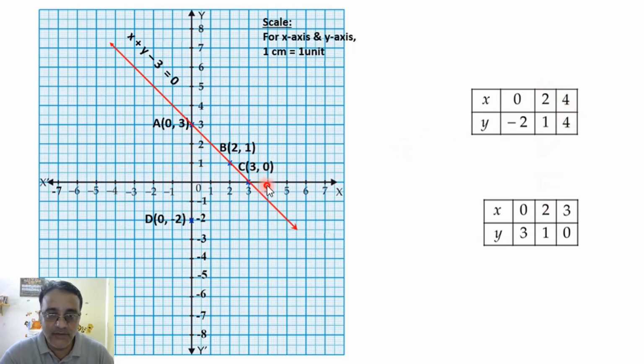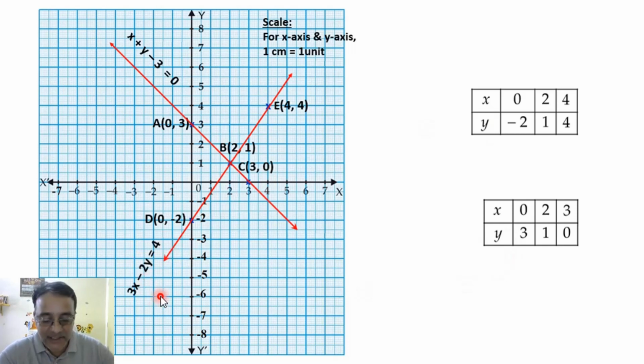(4, 4) will come here. We will start from 4 to 4 here, it has come here. Can you see (4, 4)? Yes, sir. Okay, so this one is (4, 4). Now we'll draw the line which passes through these 3 points. Okay, so after that we'll write the line here.